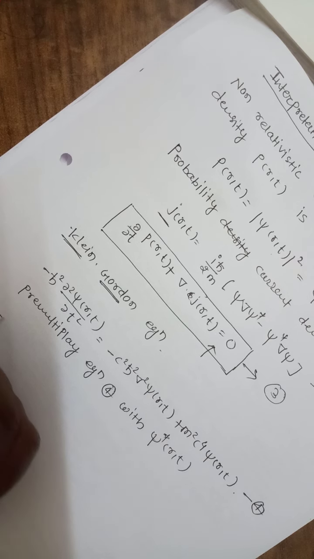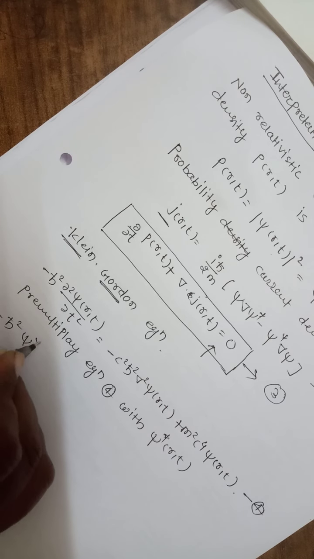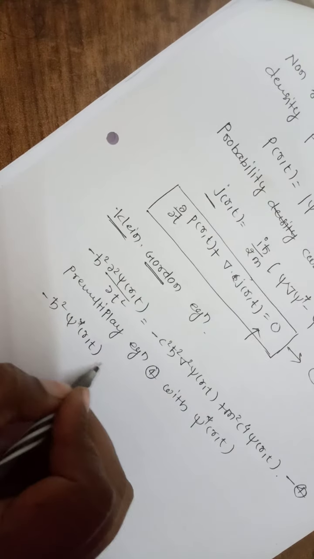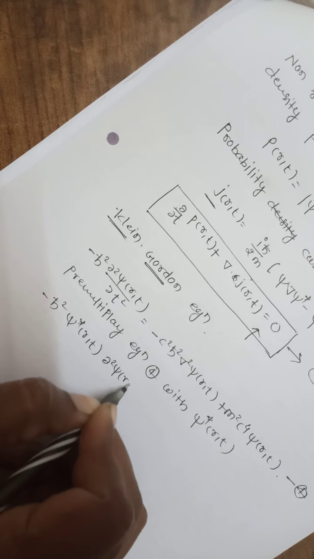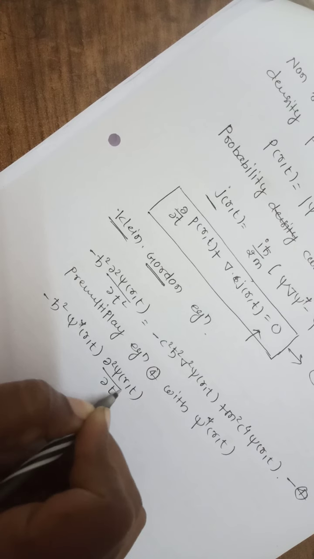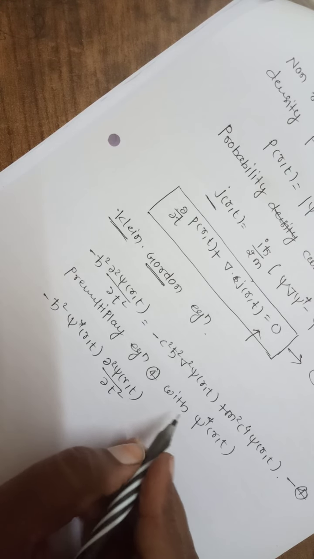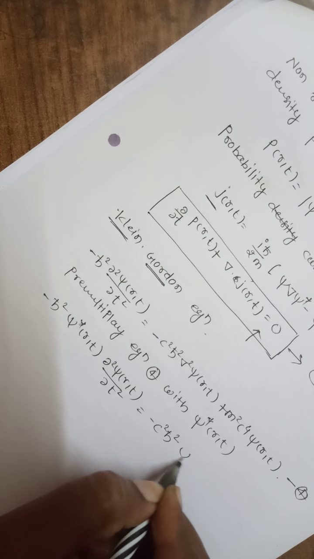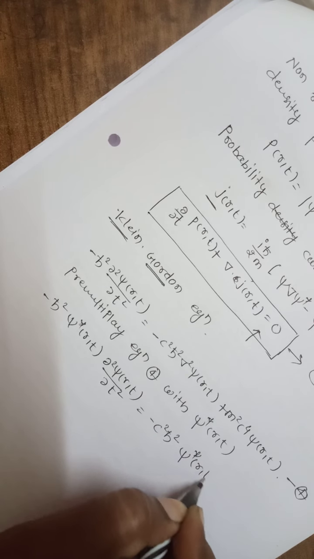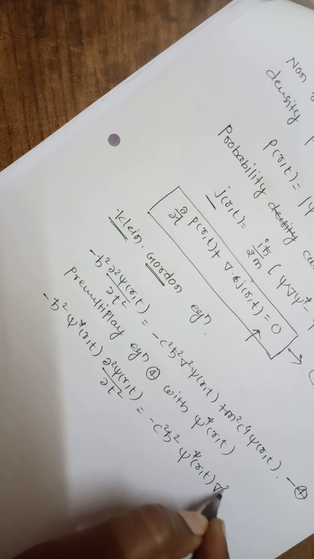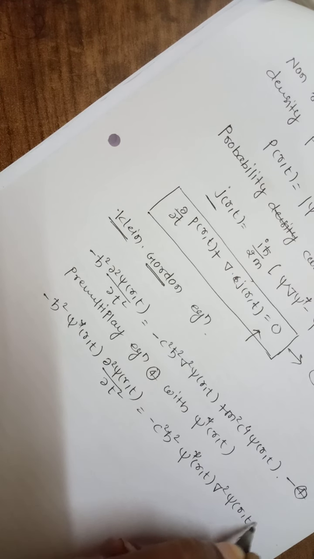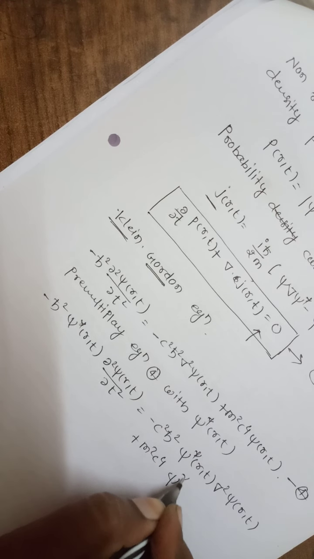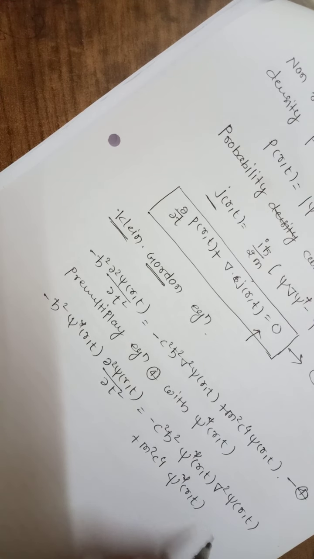We will get minus h cross square psi star of r,t del square psi of r,t by del t square equal to minus c square h cross square psi star of r,t del square psi of r,t